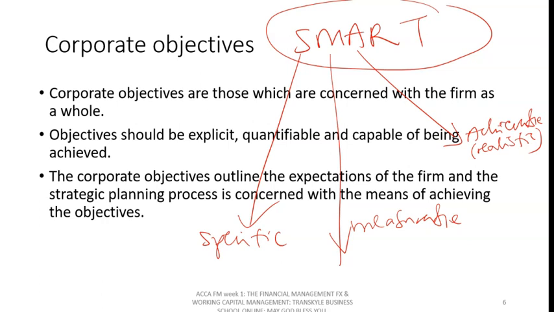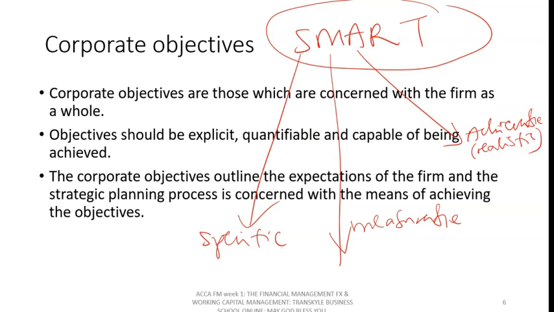If it becomes too easy, then the achievability of the objective by the end of the day starts to demotivate them. Okay, so in as much as it should be achievable, it shouldn't be so easy to achieve, but it should be achievable, which means it should be real, a real objective with a commercial substance.